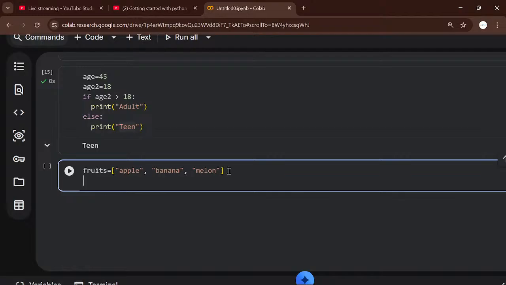Now I need to print all of that. But if I need to print all of that, I won't need a big code. I can simply use a loop. I can use for, I can take any variable like i. For i in fruits,